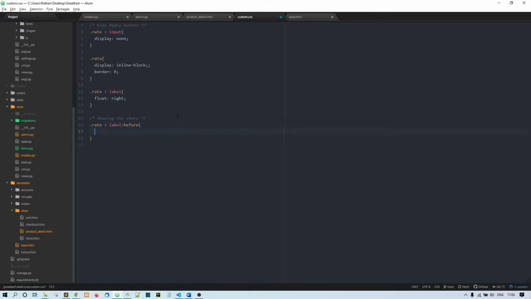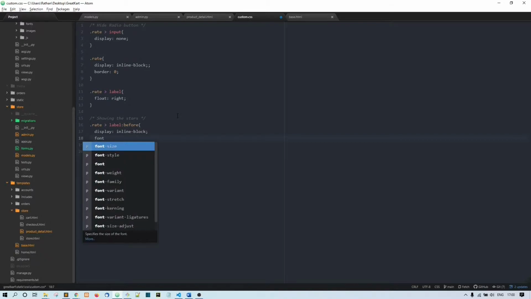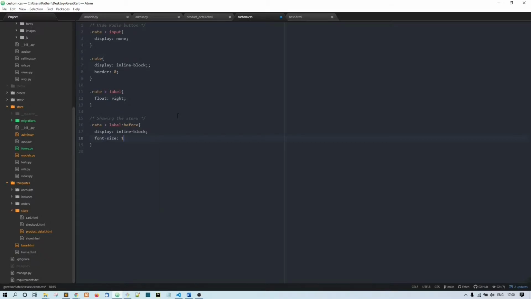Now what I'll do, I'll just say display inline block, font size 1 rem or 1.1 rem. So instead of pixel I'm using this rem.